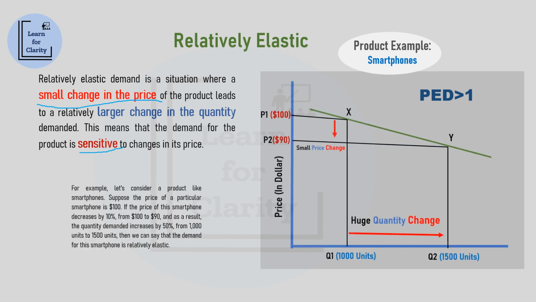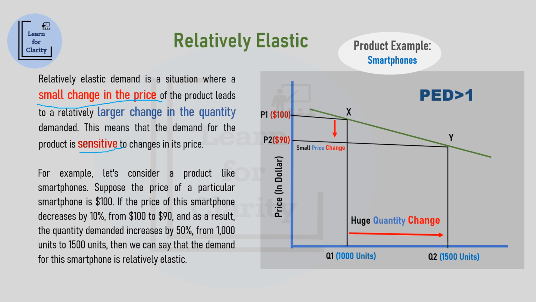For example, let's consider a product like smartphones. Suppose the price of a particular smartphone is $100. If the price of this smartphone decreases by 10% from $100 to $90, and as a result, the quantity demanded increases by 50% from 1,000 units to 1,500 units, then we can say that the demand for this smartphone is